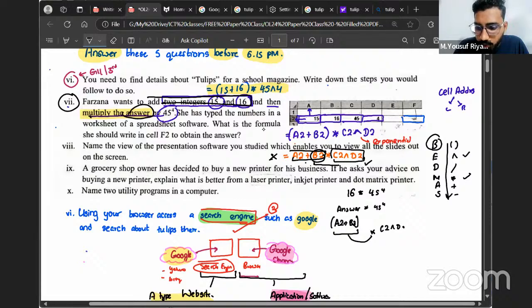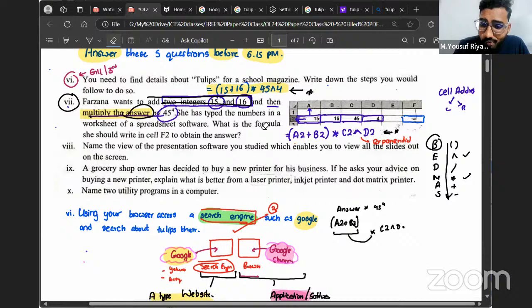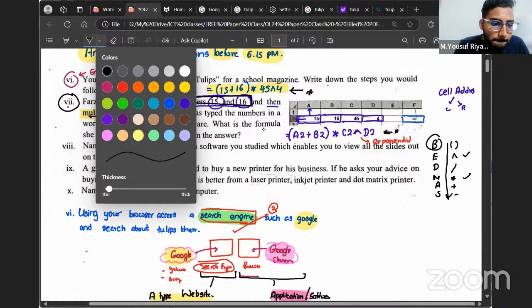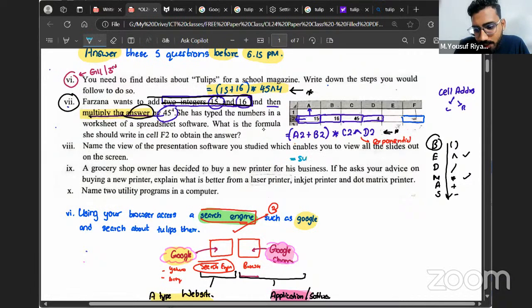If I put C2 to the power 4 instead of C2 to the power D, is it correct? I already answered that. This question has not mentioned clearly to use only cell address. So if you mention your answer like this or mix, it is not a problem. Cool. Second, a person asked me, can you use the sum function here? One of you asked me, can we use the sum like this? My answer is,